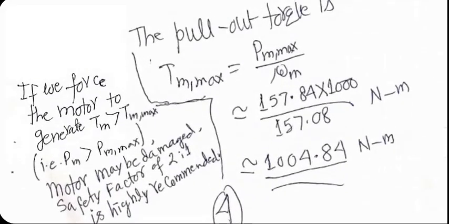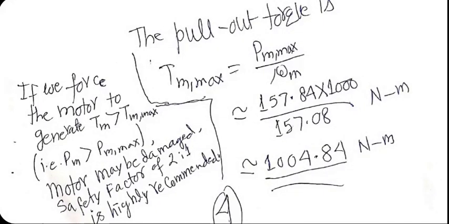The practical side of the story is that if we force the motor to generate a torque which is more than the pull-out torque, motor may be damaged. This is why it's important to figure out pull-out torque. Basically, after that, machine pulls out of operation. It might even be damaged. So never exceed torque requirements beyond the maximum rated value. In fact, you should have a safety factor of maybe 2 to 1 or something. In one of the previous problems, we had a safety factor of almost 3 to 1. The torque that we were using in that problem was only 30% of the maximum possible torque. That is very safe.